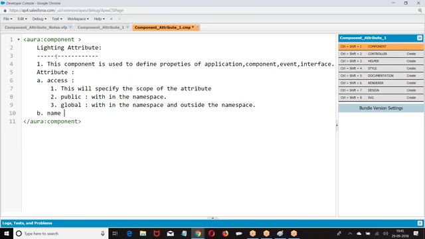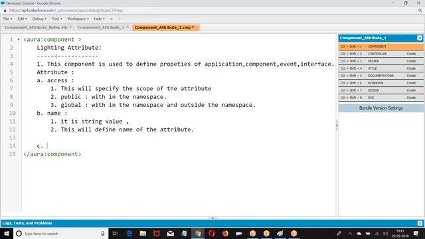Then we have name, which is a string value. This will define the name of the attribute. Then type. This will specify the data type of the attribute.